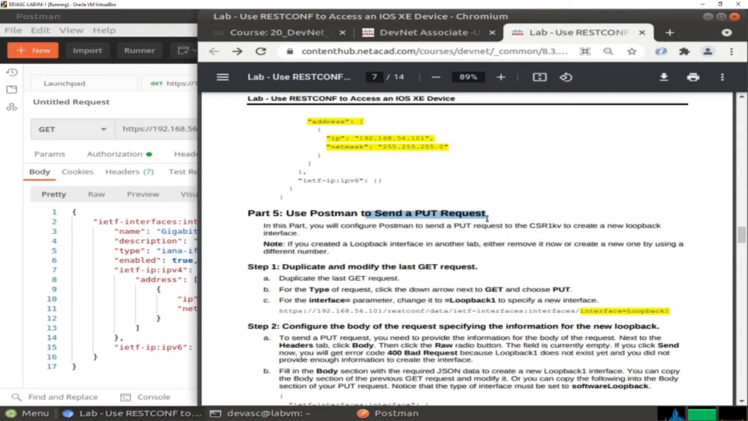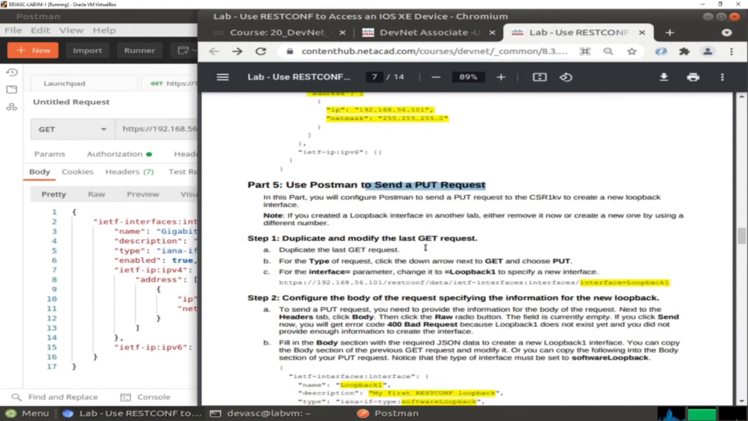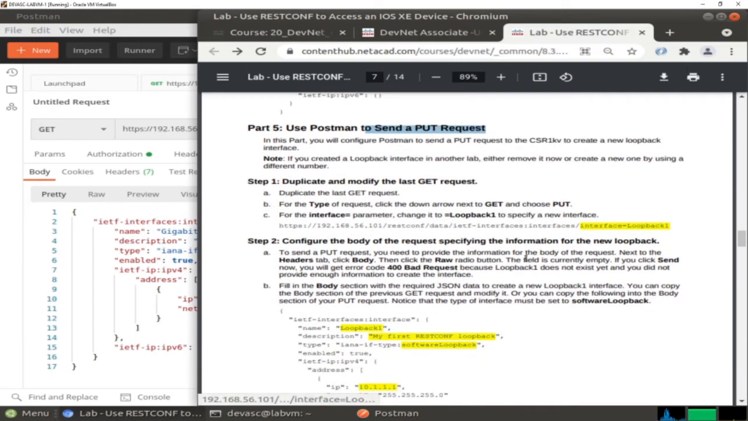request. So now we are going to configure the device or the router using Postman, and here we are going to do the following. So first we are going to duplicate and modify the last GET request, duplicate the last REST request, which is this one,